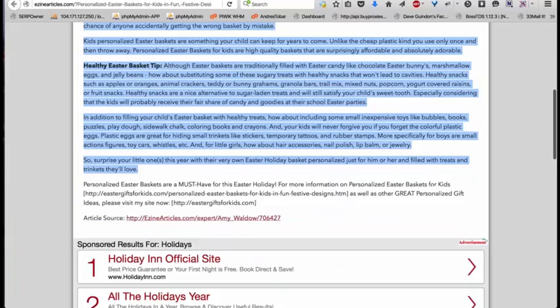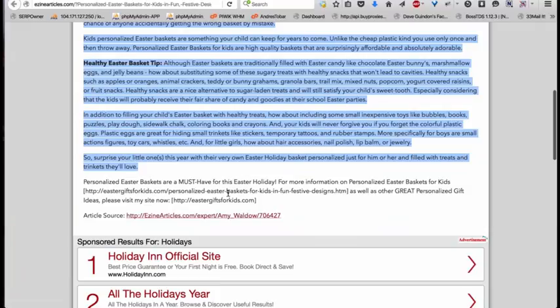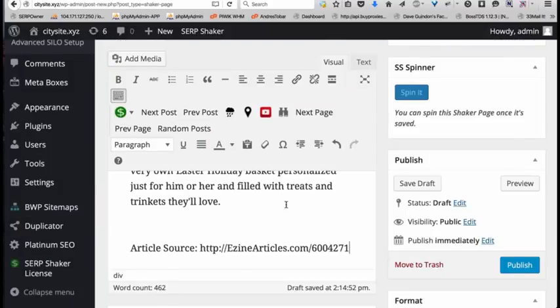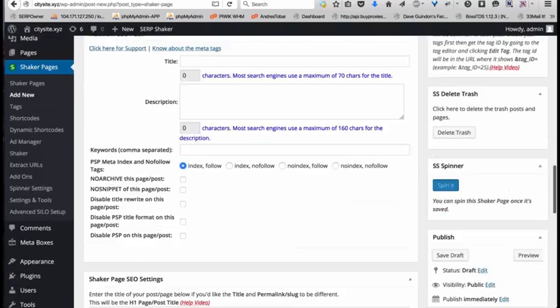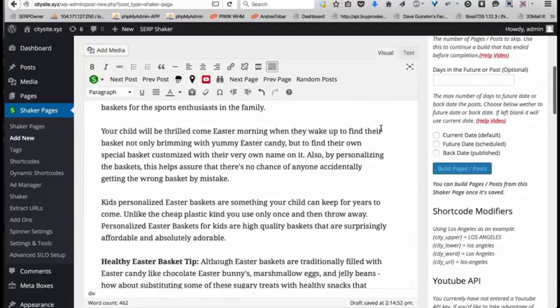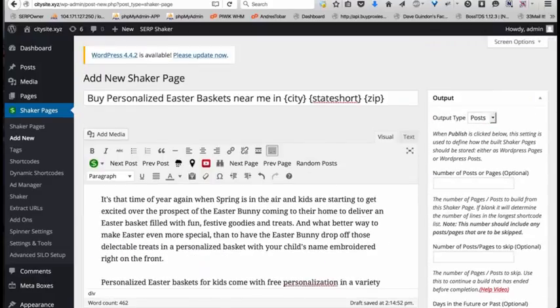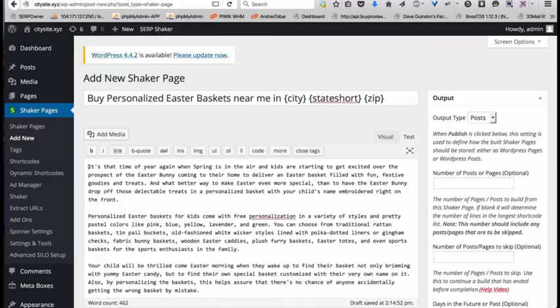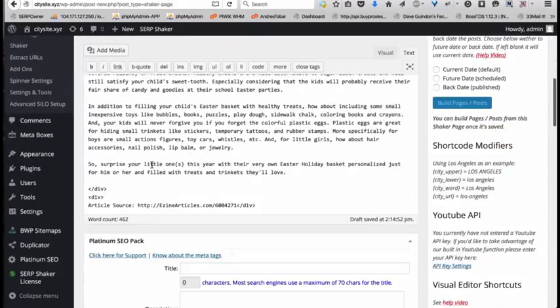And so I grab the article right until the resource box shows up, because I don't want to bring that over into my website. And then we just paste it right in here. Now, I'm going to have to zoom out a bit so I can see this a little bit better. As soon as I paste it in, I jump over to text mode and go into cleanup mode. I start removing the extra tags that they tend to add. They add some div tags and the article source.